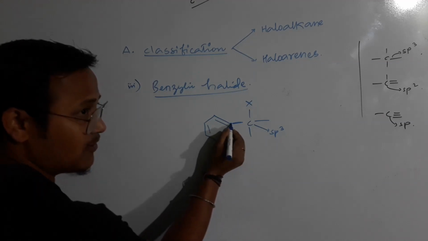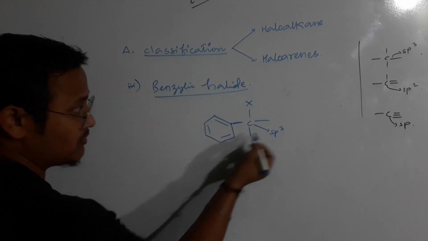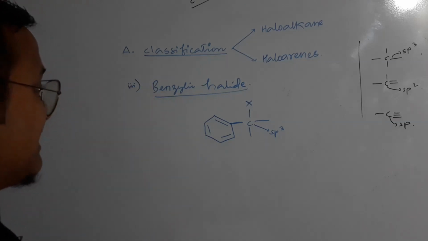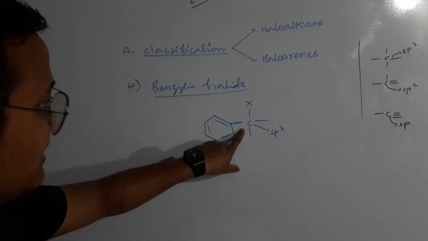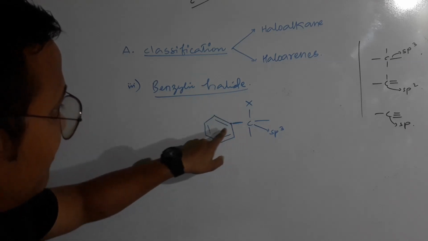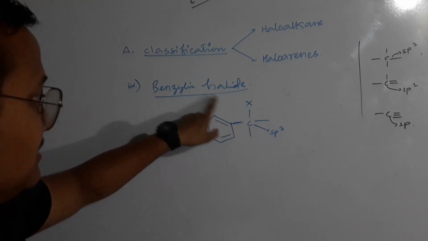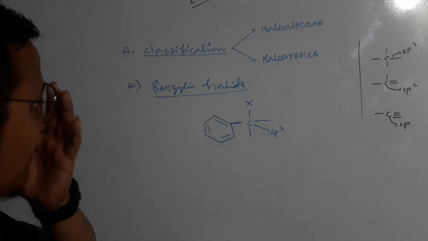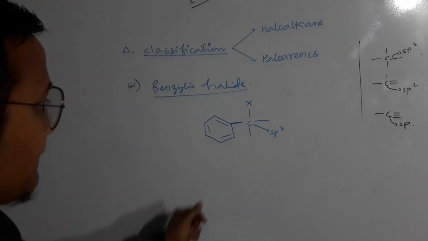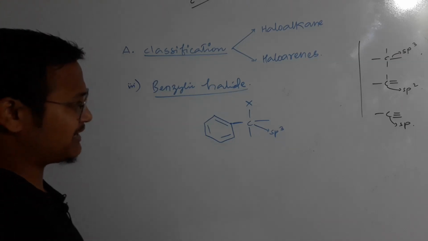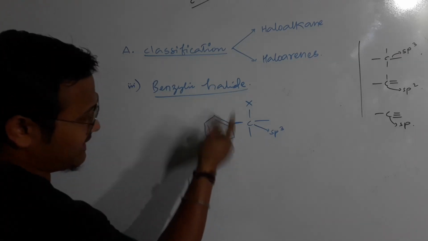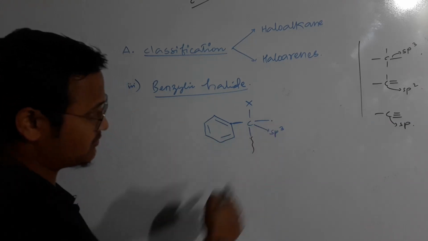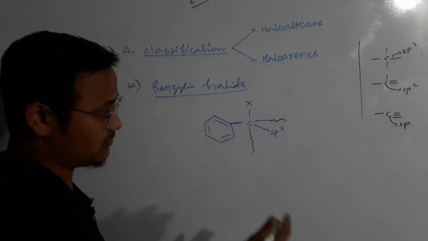This is a double bond, right? So it is sp2. So here it means your benzylic halide. The carbon atom which is bonded with the halogen will be directly bonded with one of the carbons of the benzene ring. So this is what we're talking about, benzylic halide. Clear? And it can also be one degree, two degree, three degree, isn't it? Because it is already in a carbon system, right? So hydrogen, one degree, again one. So two degree, again one alkyl group, so three degree.